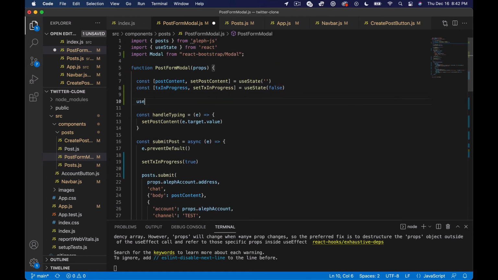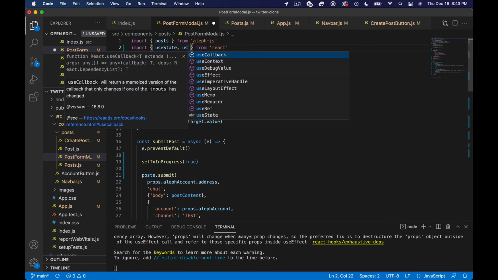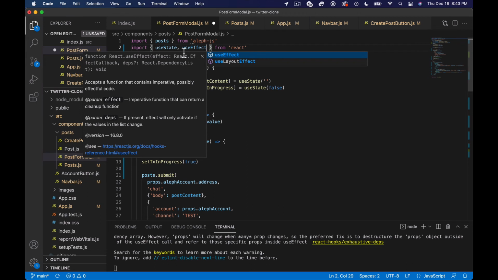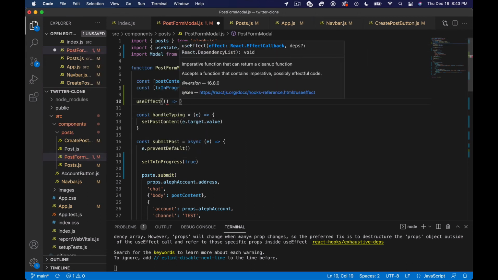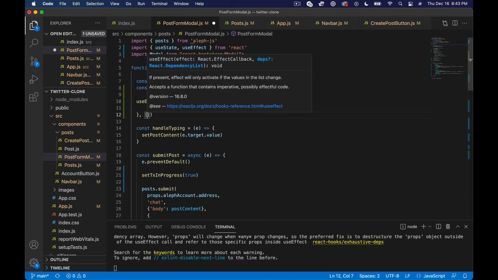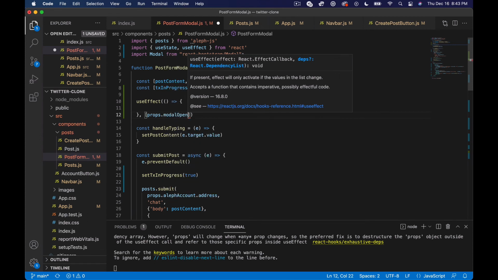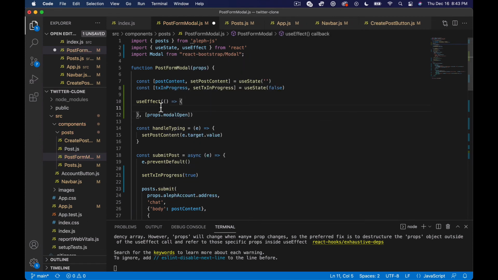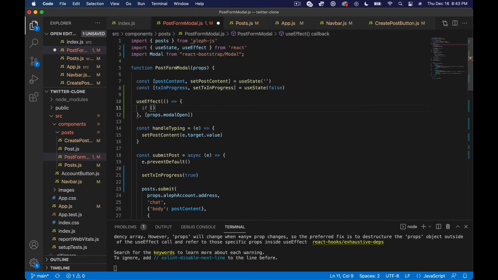Let's do use effect, and I'm going to have to import use effect up here. We're going to say use effect, and what we want to do is listen to props dot modal open, and then say if props dot modal open,